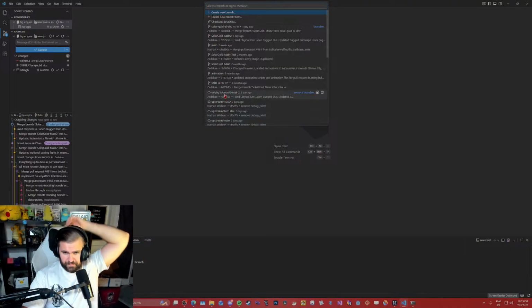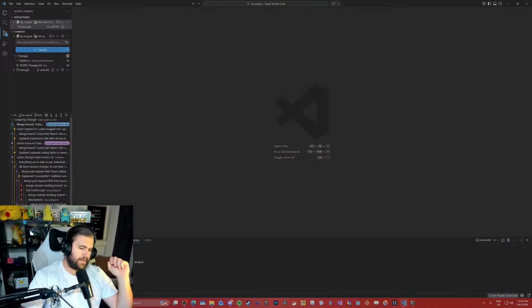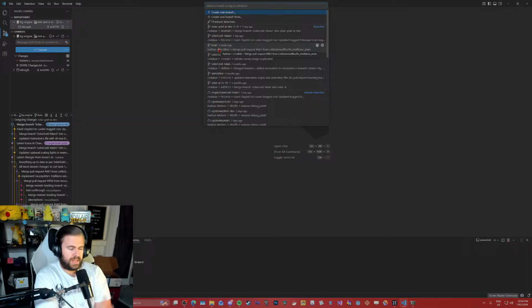You've got upstream, origin, Solid Gold Main 2, Solid Gold AI, animation. No, HG engine is a repository. But Solid Gold Main 2 is a branch, and Solid Gold AI Dev is a branch. So you have essentially what starts off as main, which is this one here. So main is just HeartGold engine with their changes only.